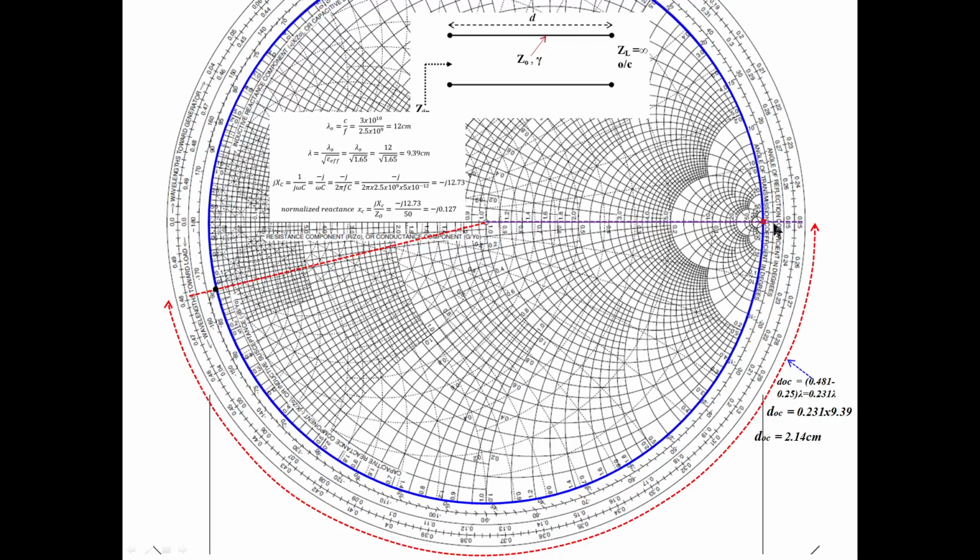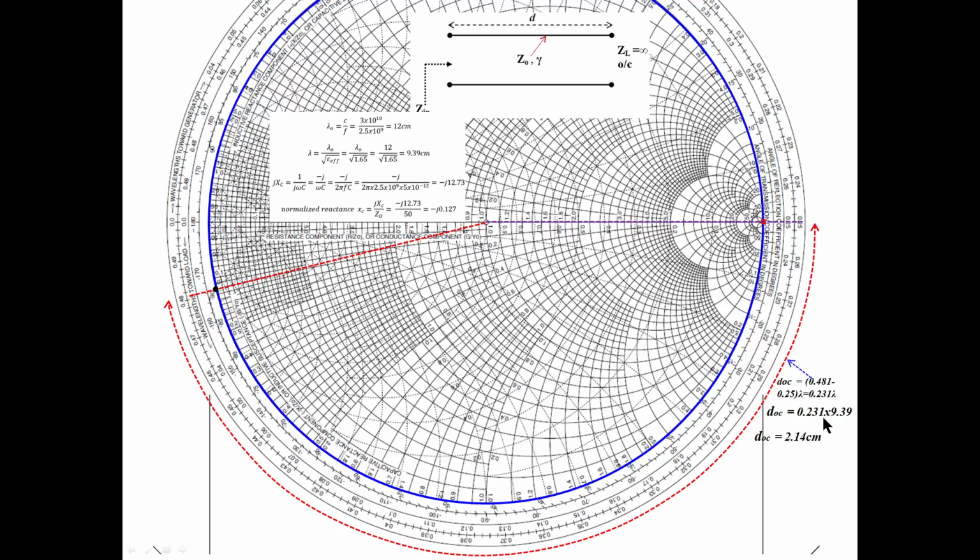But here we started from here. Here we should start for the open circuit stub, so you should read the distance value from here. It is the 0.25 wavelength scale value, not 0 here. From here to here we want a distance. Automatically the wavelength scale value here is already 0.25, and here it is 0.48, so you should subtract this value from this value. You will get the distance from here to here.